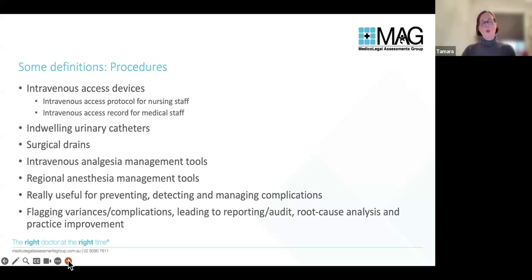Similarly, there's all sorts of forms in the notes that are meant to look at the stewardship of your urinary catheter, your surgical drain. Some very important ones, which again we'll talk about shortly, are tools for intravenous analgesia. So when you're able to give yourself or your nursing staff are able to give you intravenous opioids, and regional anaesthesia such as spinals and epidurals, nerve catheters and so on. Because these carry significant risk, they need extra monitoring, and they should have good, proper documenting and assessing tools.